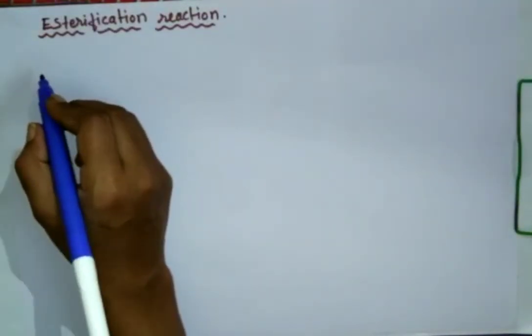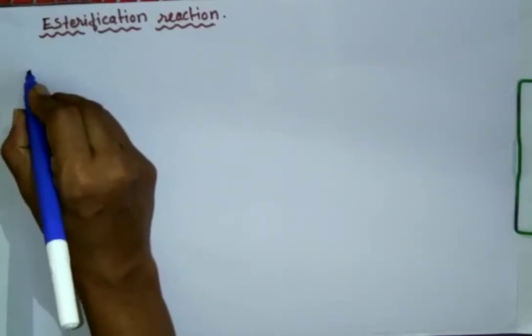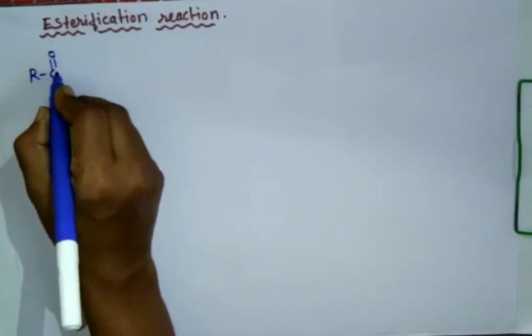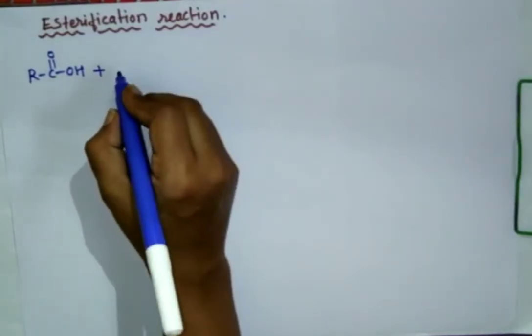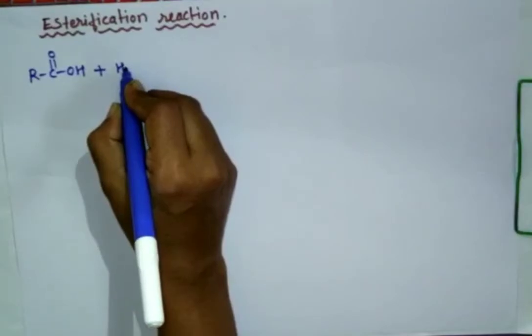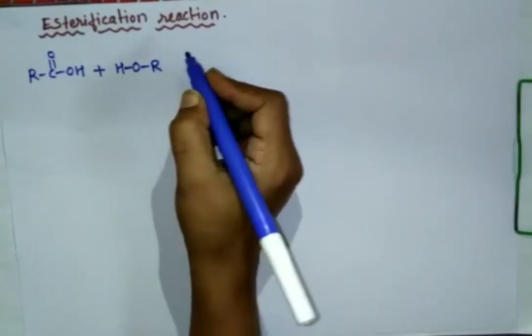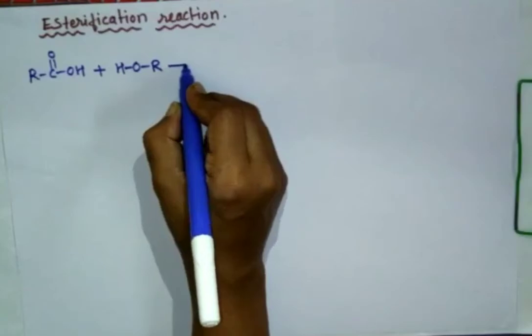Esterification reaction of alcohol. When alcohols are heated with a carboxylic acid in the presence of concentrated sulfuric acid as a dehydrating agent, esters are formed. So this carboxylic acid, general formula RCOOH, when it reacts with any alcohol, so general alcohol I will write here ROH, it will, in the presence